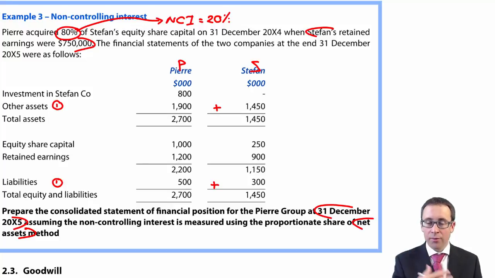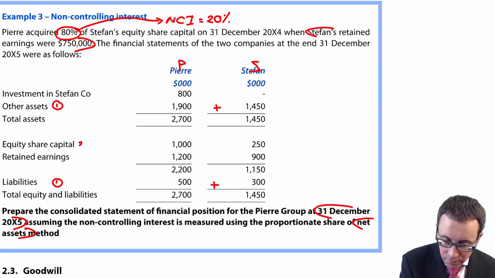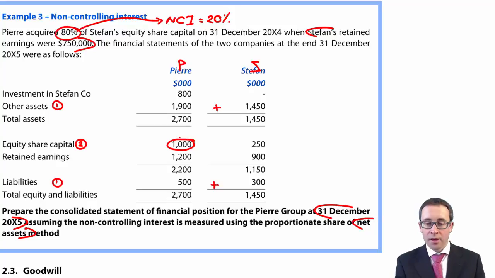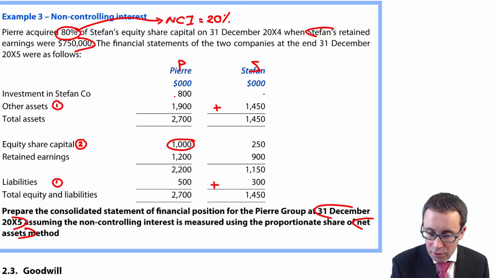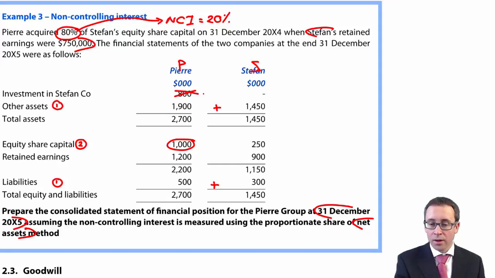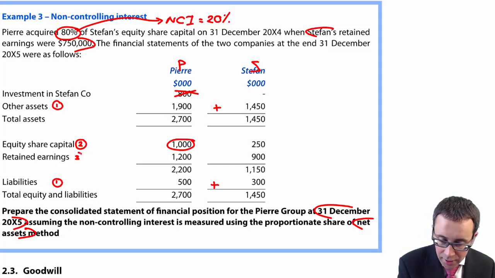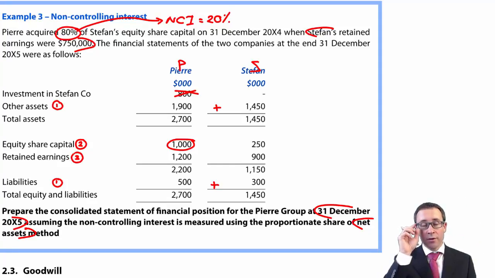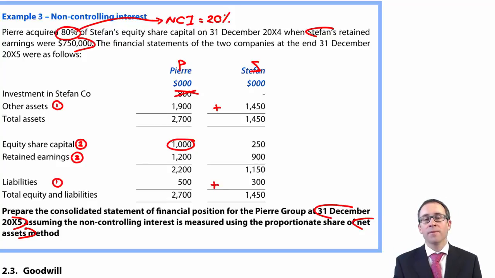So what you've got there is we know that we need to consolidate, add across the assets and the liabilities. The share capital, again, we're going to put in 100% of the parent share capital only. The investment that you have in the subsidiary, we ignore, don't we? We can also work out the retained earnings. We're not going to put it in as a balancing figure anymore. We know how to calculate it, don't we? 100% of the parent plus the parent share of the post-acquisition movement. And then we can play around with the non-controlling interest, can't we? Okay. That, if you like, is going to be our step 4.